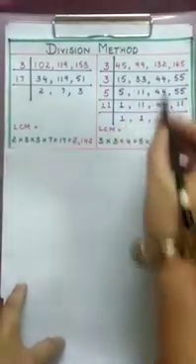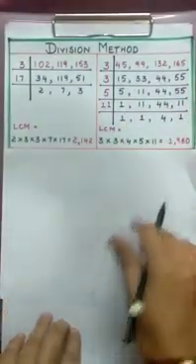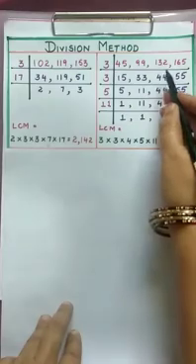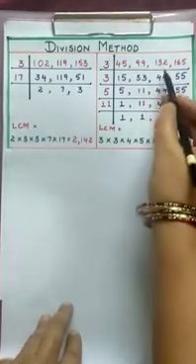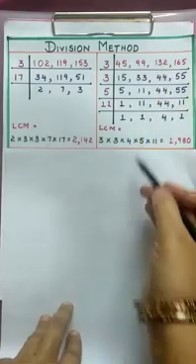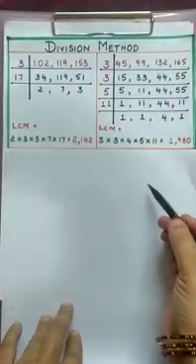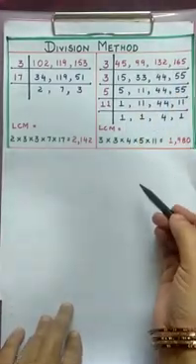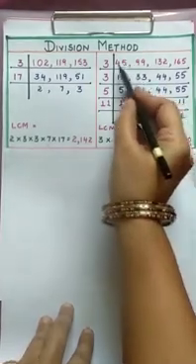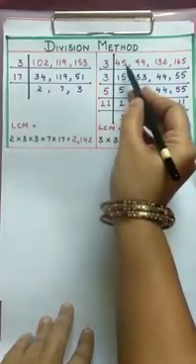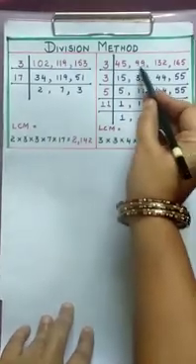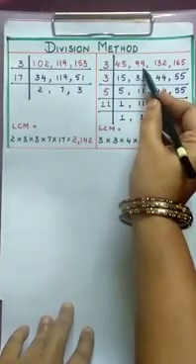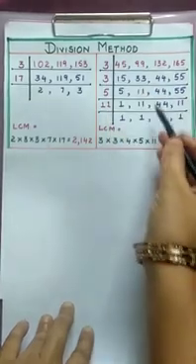Now let us see four numbers: 45, 99, 132, 165. Now you see here again we have only one even number and the remaining are all odd numbers. Again through divisibility rules let us check. 4 plus 5 is 9. 9 is divisible by 3, so this number is divisible by 3. Again 9 plus 9 is 18. 18 is divisible by 3, so this number is divisible by 3.